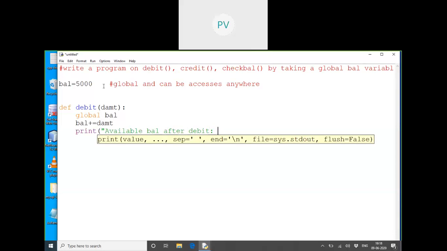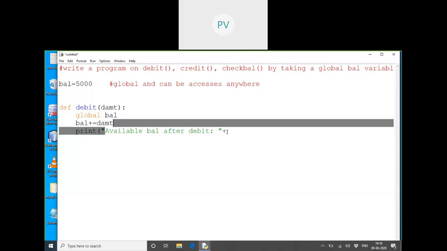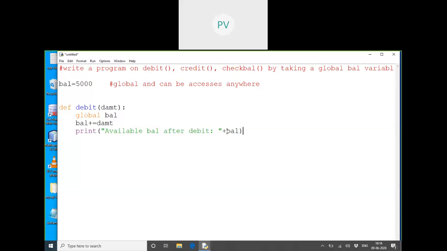I'm writing after debit in real time. And we can't say plus. See, one more thing I want to teach today. Now, generally in Java, we used to write a message followed by a variable, like a balance variable. But this message is a string data type and this variable is of an integer data type. So in Python, we had a problem here because this plus acts like a concatenation. String plus is nothing but a concatenation. So it will give an error.